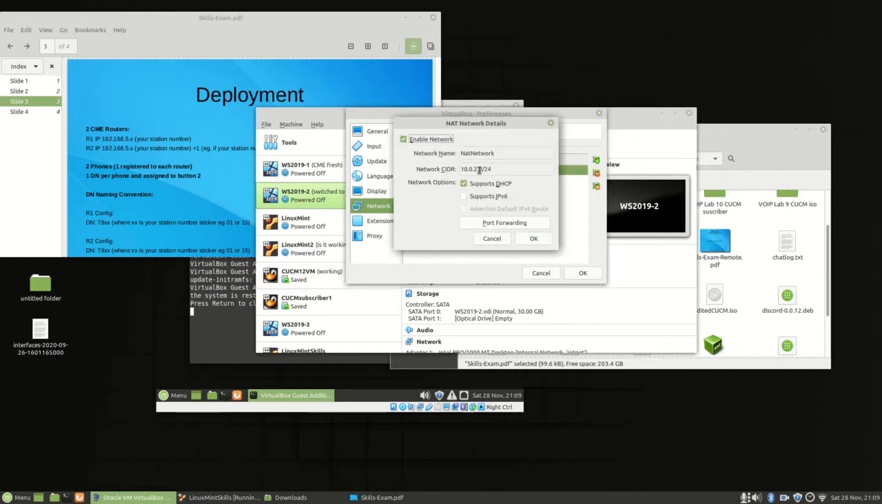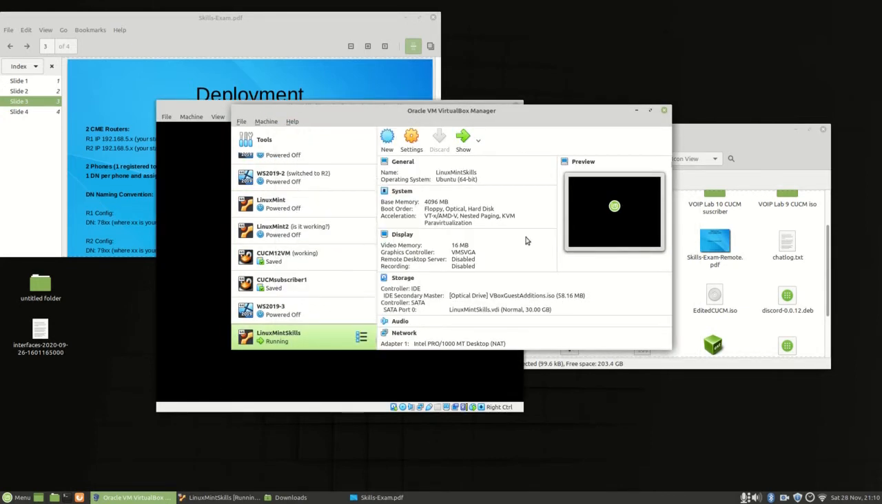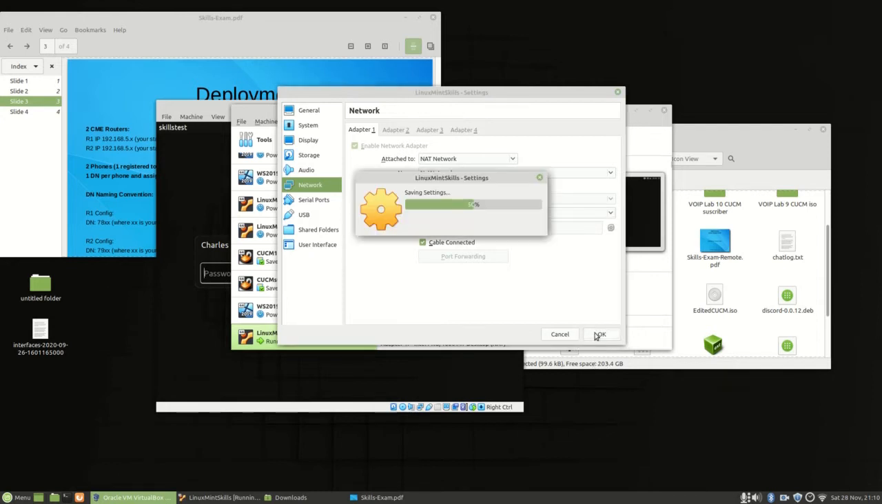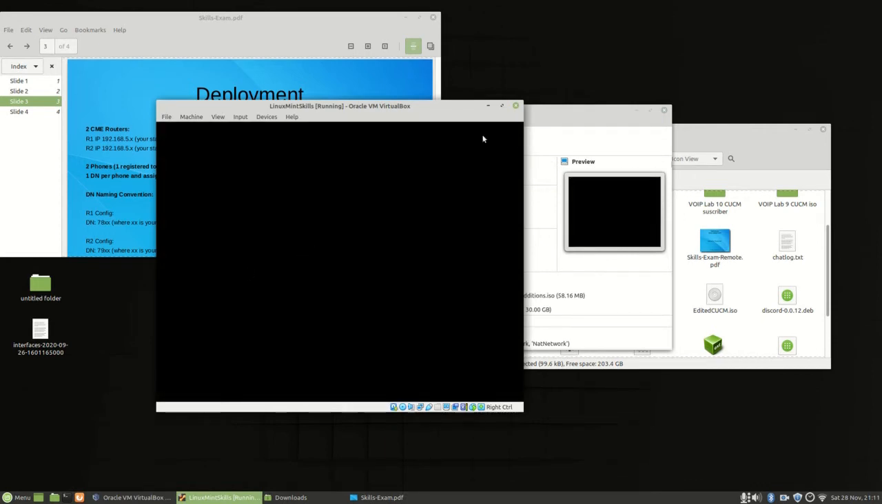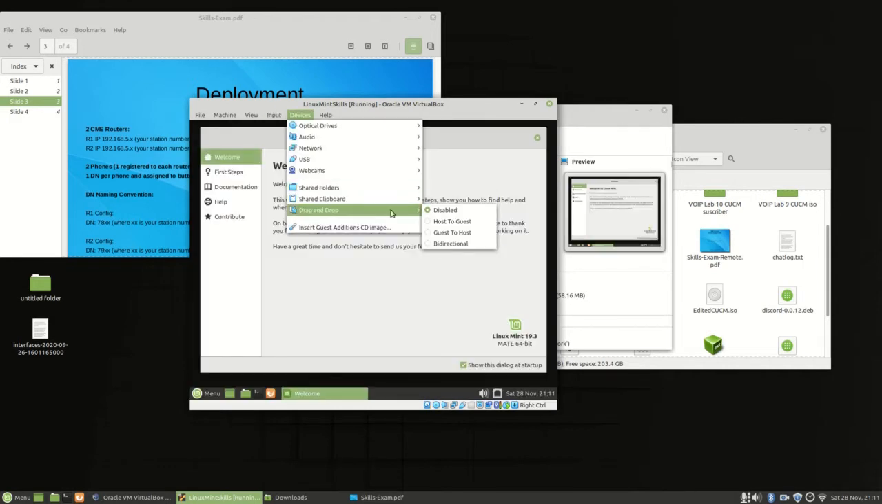NAT network 192.168.5.0/24, and it will support DHCP. Okay. I should have modified this first. On our network, we want this to be using a NAT network, and we want this NAT network to be the one we just set. In addition, we want to allow promiscuous mode for all. So in terms of devices, we want to enable drag and drop bidirectionally, and we want to share the clipboard